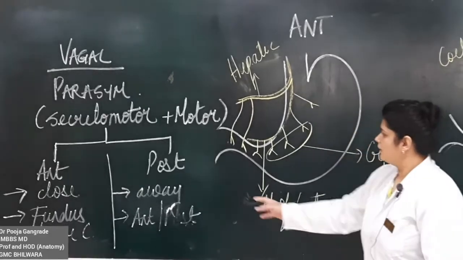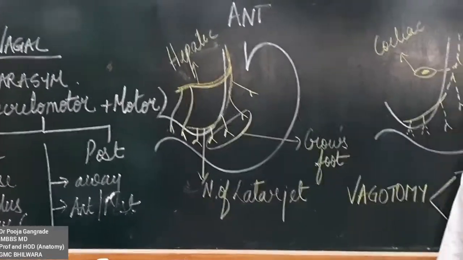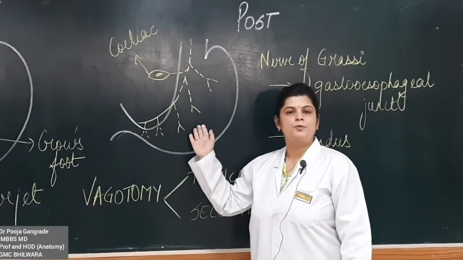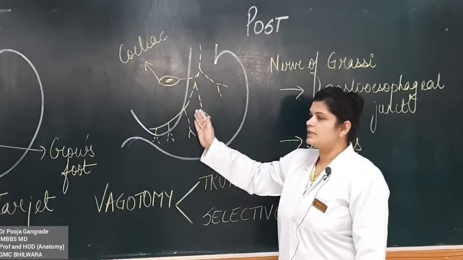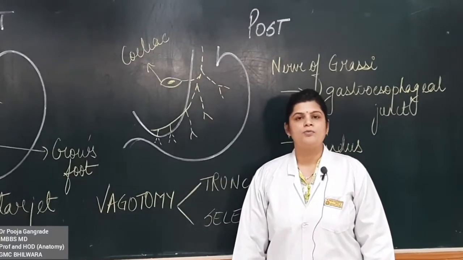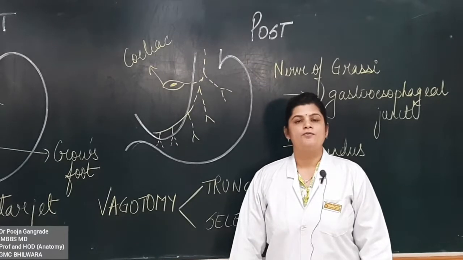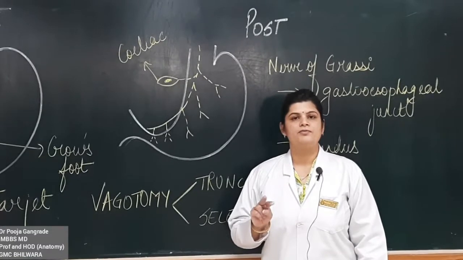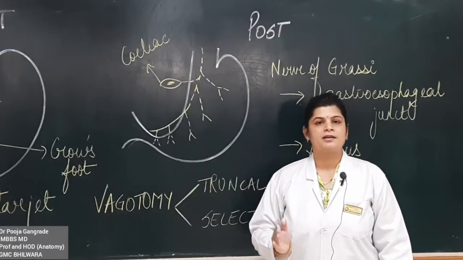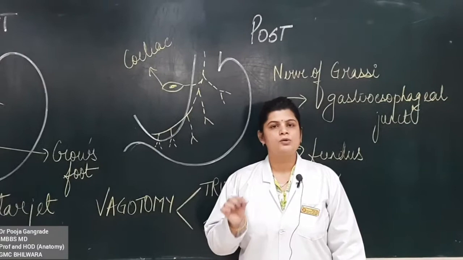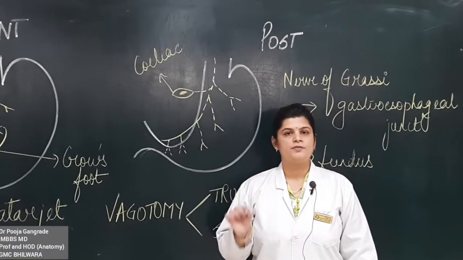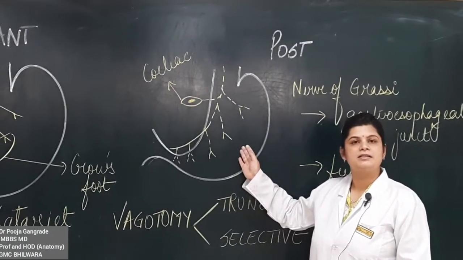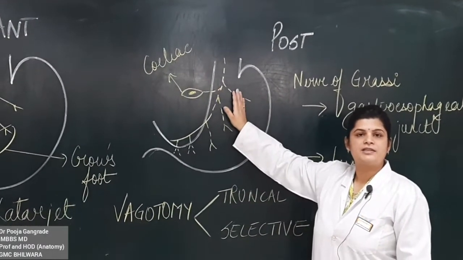stomach. Let's come down to the posterior vagal trunk. I have drawn it in a dotted fashion because we are trying to show something which is posterior to the stomach. The posterior vagal trunk is at around 10 millimeters distance from the stomach. It is not closely applied. Remember, these are the two differentiating points. The anterior vagal trunk you will have to find very close to the stomach, lower end of esophagus. Whereas the posterior vagal trunk is at around 10 millimeters distance from the esophagogastric junction.